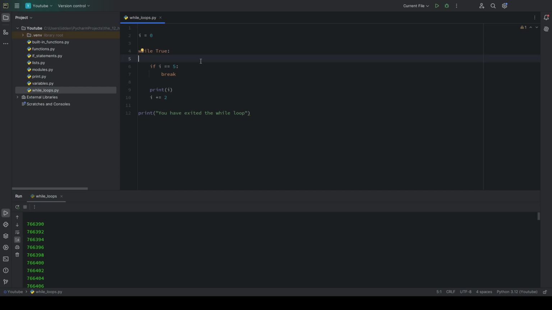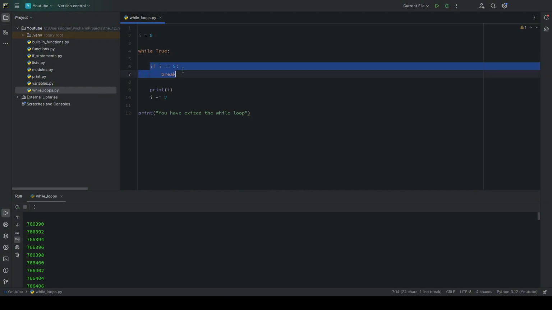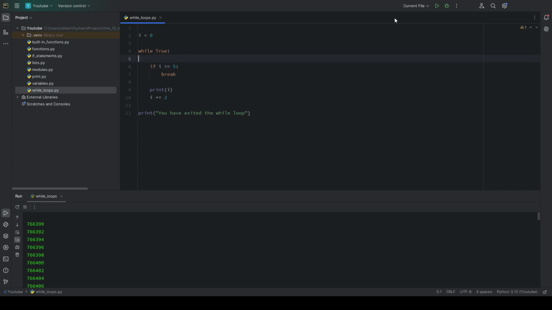Since I never equals 5, there is no break statement in this code. This condition right here is quite literally never met because all the numbers we picked were even. So that's why you want to put if I is greater than or equal to 5. Why is this important? Well, if you set I is greater than or equal to 5, that's when you can